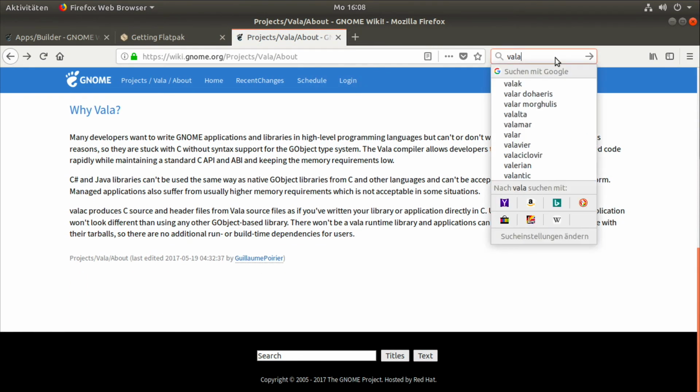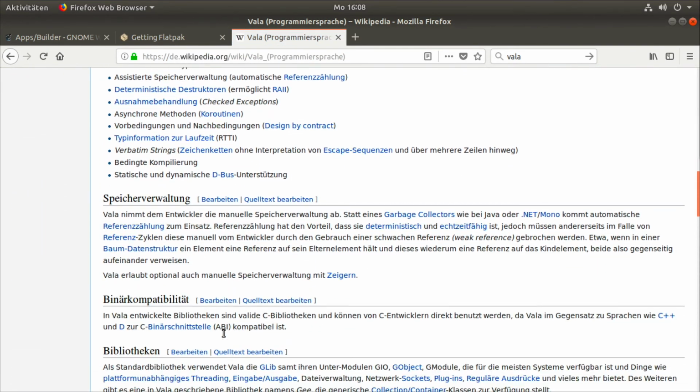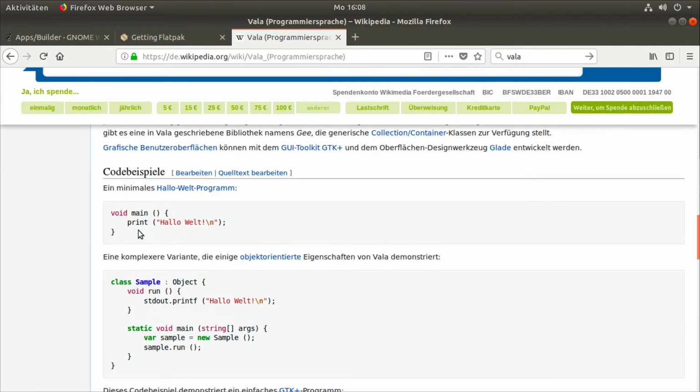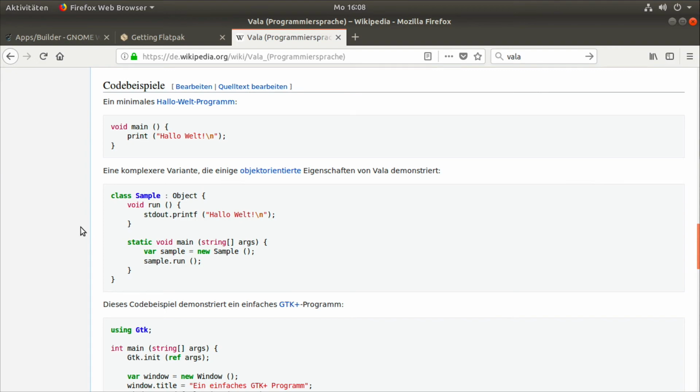Let me just check if I can find an example. Anyway, what I'm trying to do is code a little GUI application in Vala, and see how the GTK environment works, how Vala works, and if it's really something you could or would like to do. You can see the syntax. It's rather straightforward. It has type inference. It has all the keywords you need basically, so it's not the sort of C code, because if you look at the C code for the entire G-Object thing,